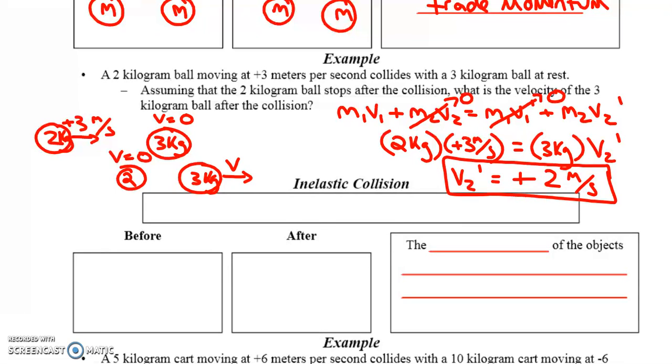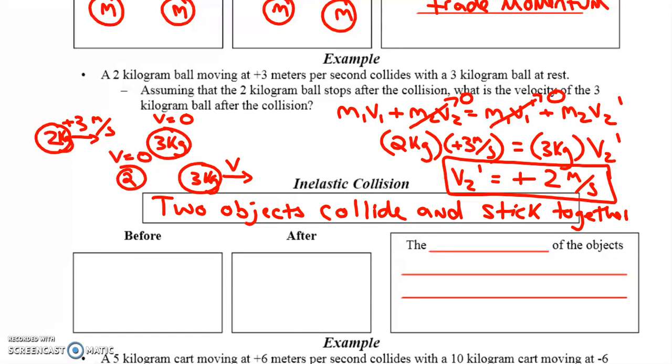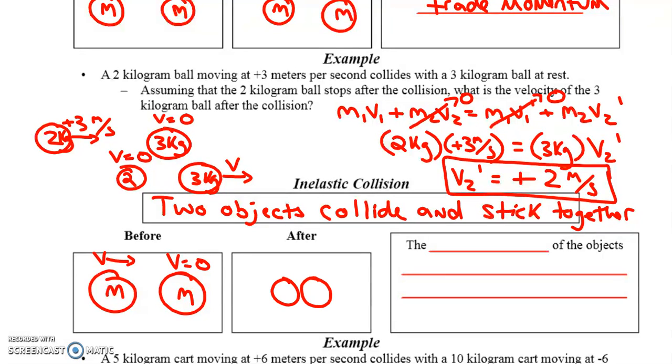An inelastic collision is when two objects collide and they stick together. So we can have a situation where a ball of mass m moving at some speed v collides with a stationary ball, also of mass m, that was initially at rest. And then after, the two objects, think of it as Velcro between the two of them, go off and move at some speed